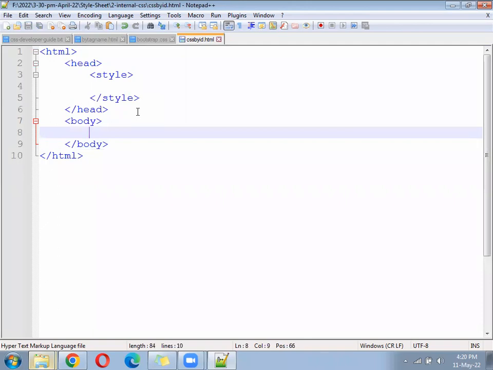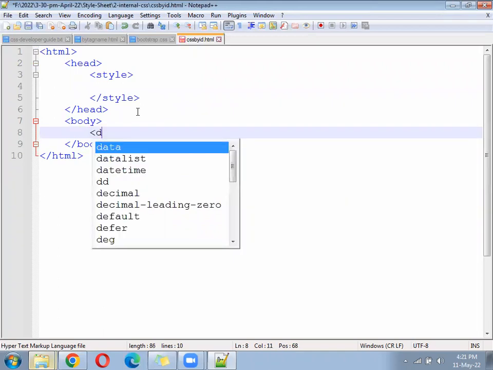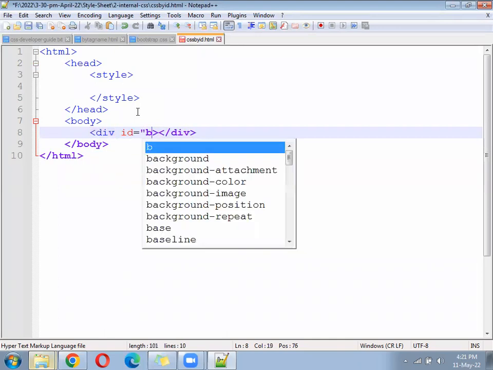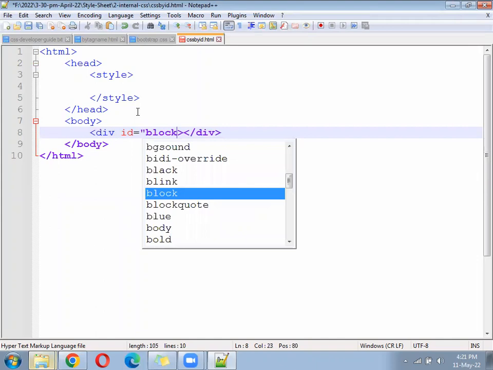Okay. Now, how to create the ID? As he has asked, in one page, if there are multiple divisions, all divisions should look different, then how to do? Now ID will help us. It will be division only, but the ID will be different. And we will not write the CSS for division, we will write the CSS for an ID. So write the div first. Div, keep for that ID equal to maybe block1 without a space,